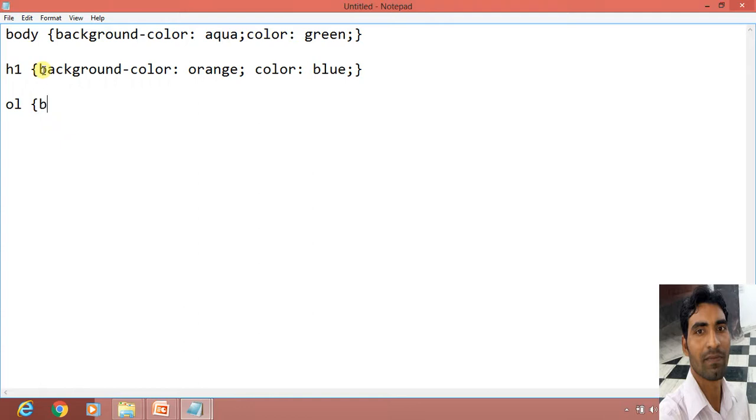Then for OL we have, suppose, a different background color. Suppose for OL our background color is sky blue.